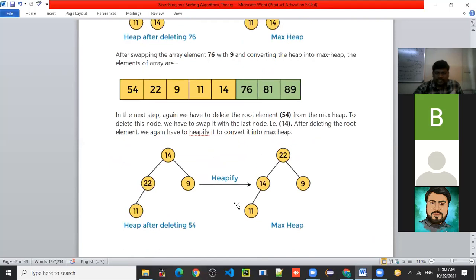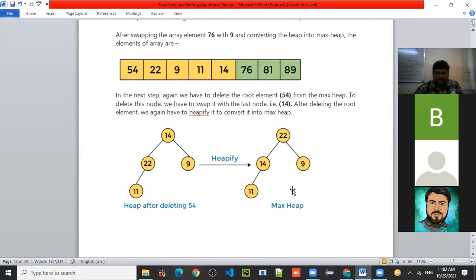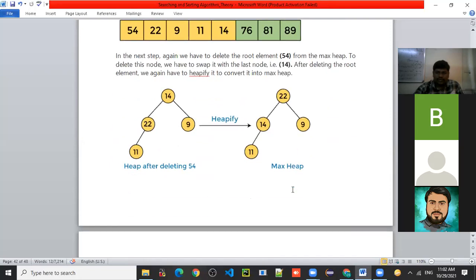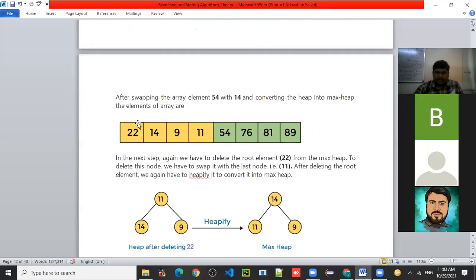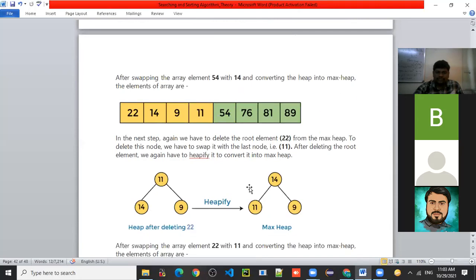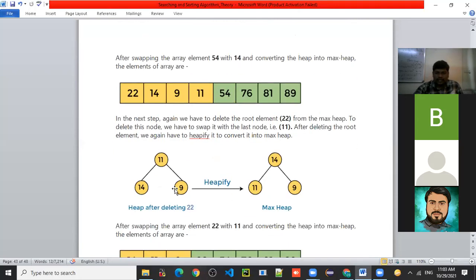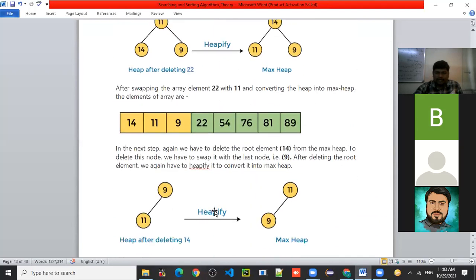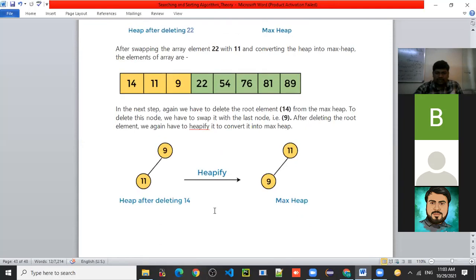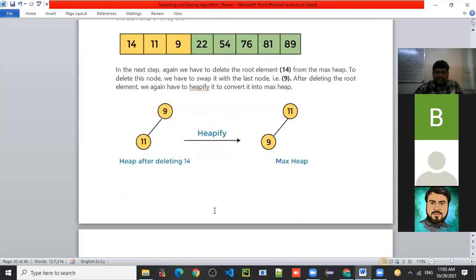Now after that, what will be the next greatest root element after 54? 22. Now 22 is replaced with whom? 11, right?